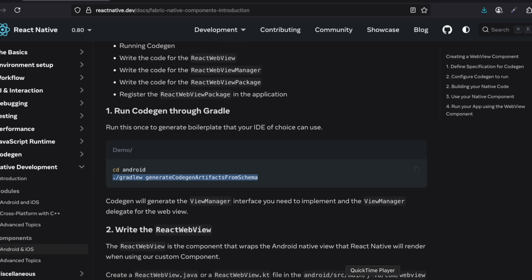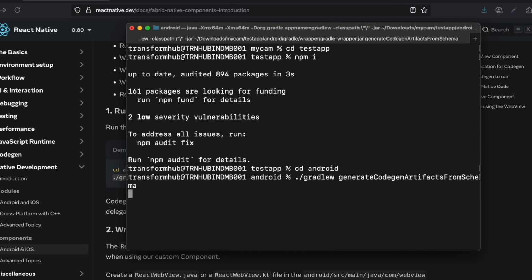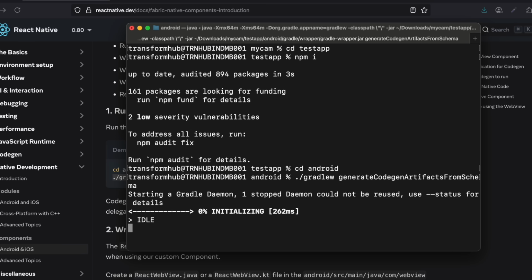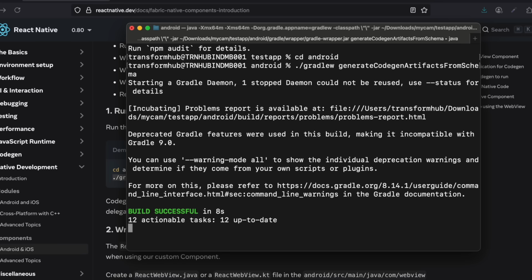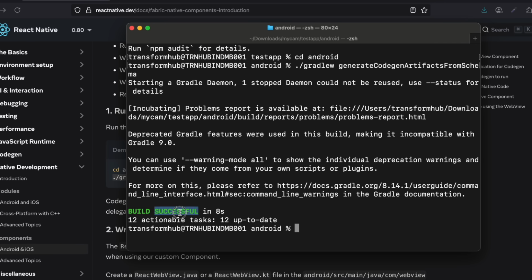So I have already run this command, so it will be pretty quick for me, but if you are doing this for the very first time, it might take a bit of time, like 2 to 3 minutes depending on your machine. So just be patient. Here you should see build successful at the very end. Once this is done,